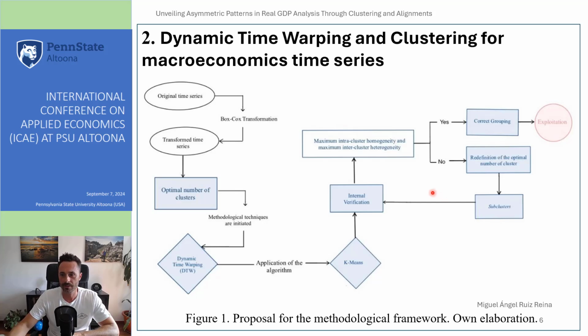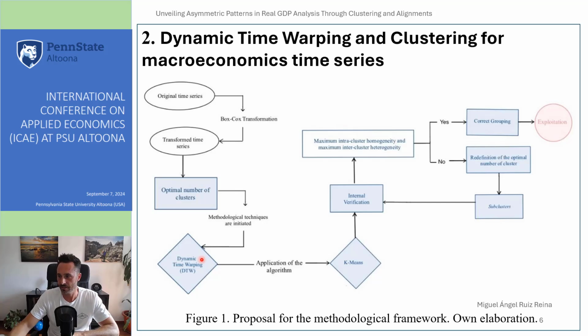The process begins with data collection and the creation of the database from raw data. We apply transformation techniques such as Box-Cox transformation to improve data quality and enhance robustness for our statistical analysis. Next, we determine the optimal number of clusters and employ specific methodological techniques, including DTW. Following this,